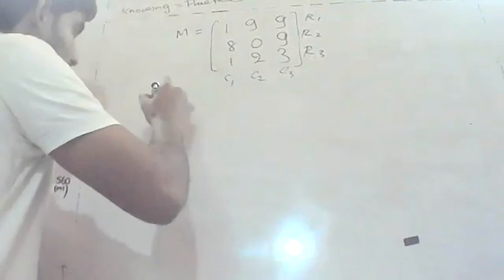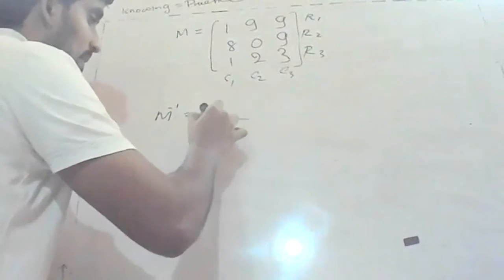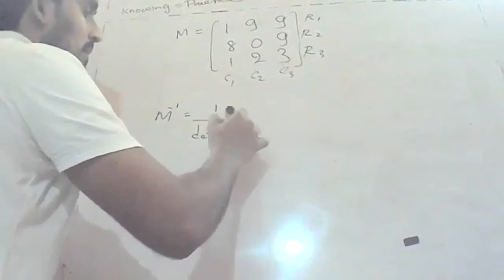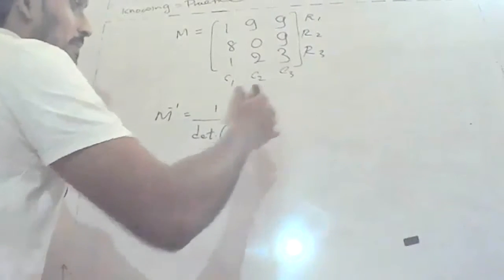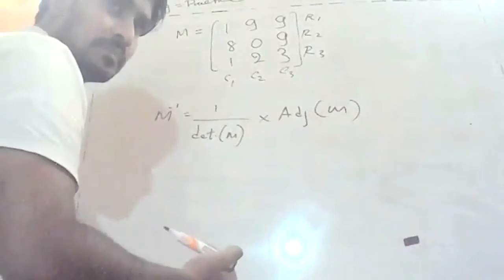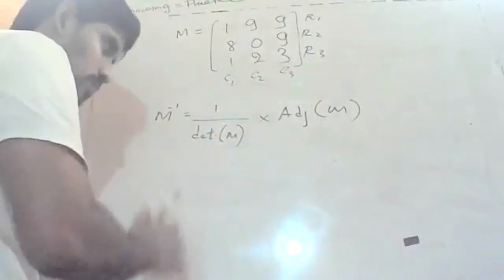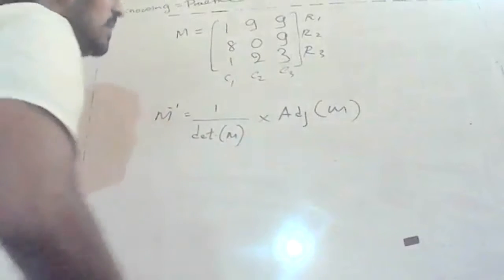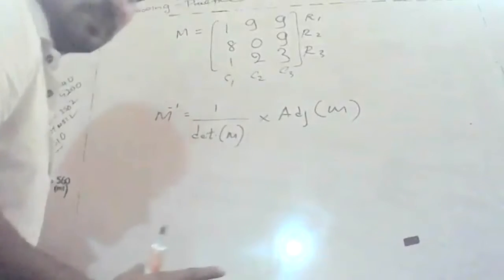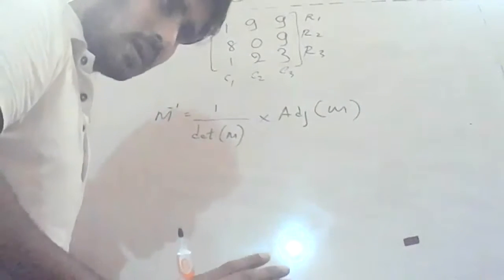The inverse of a matrix, M inverse, equals 1 divided by the determinant, det M, of the matrix multiplied by the adjoint form of the matrix. 1 divided by the determinant of this matrix. That means you need to know how to find the determinant. That's it. Multiplied by the adjoint of the matrix. The matrix is M. The adjoint of the matrix is another type of matrix. Let's focus on how to find that rather than worrying about the names.